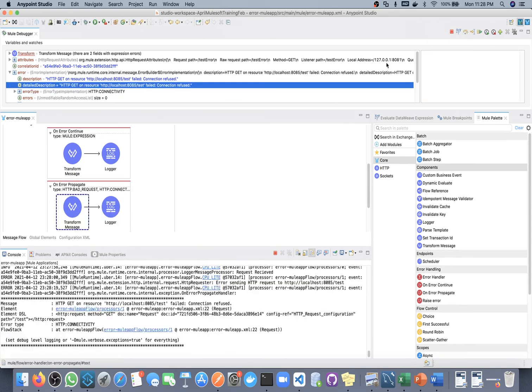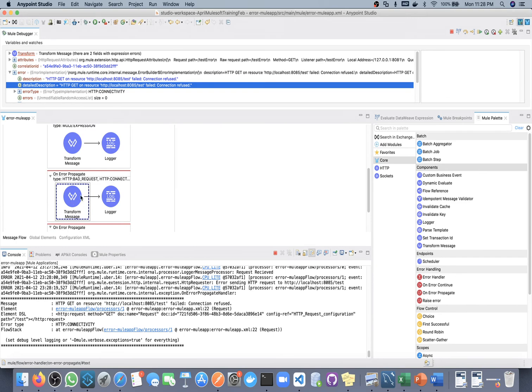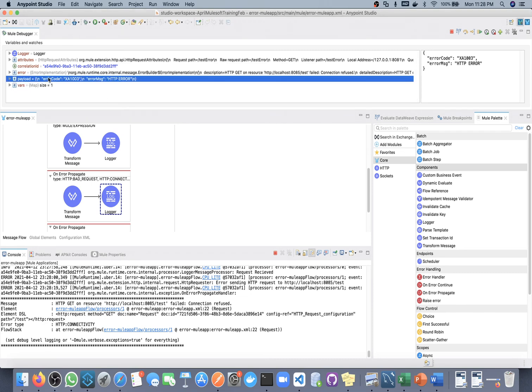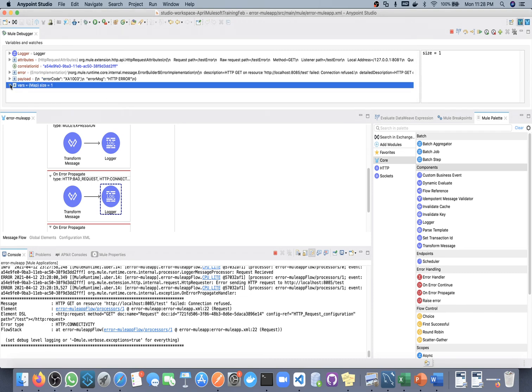Click on next. So we are at this place, we are doing some transformation, and after transformation we have this payload and we have this variable 200. I don't want to send 200. For example, in case of error we should send something else, so we'll change this to 400, 500 or whatever, 500 we will change.